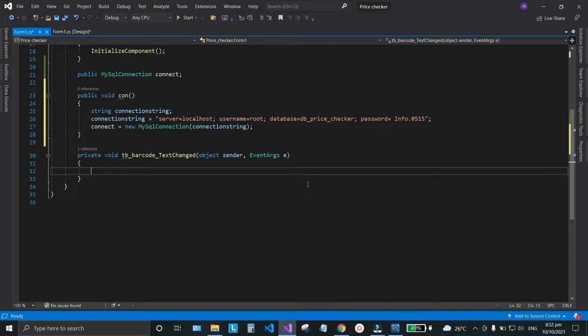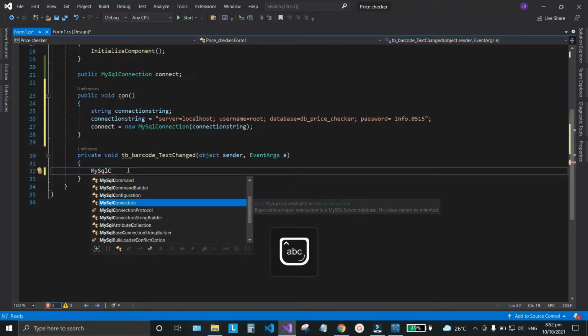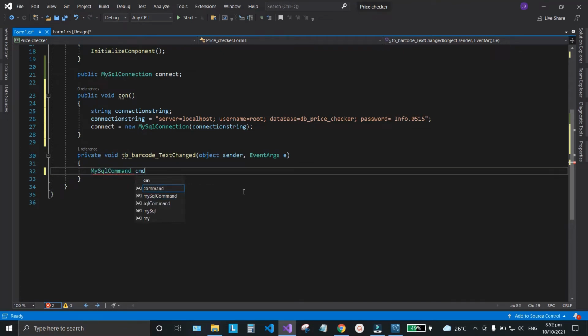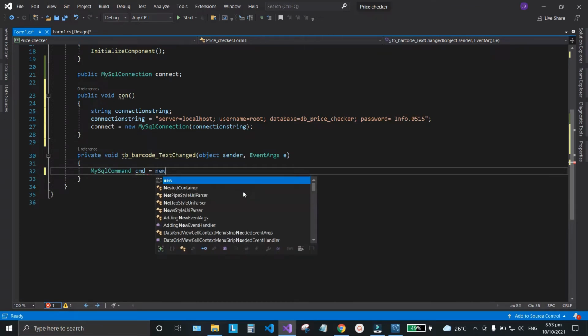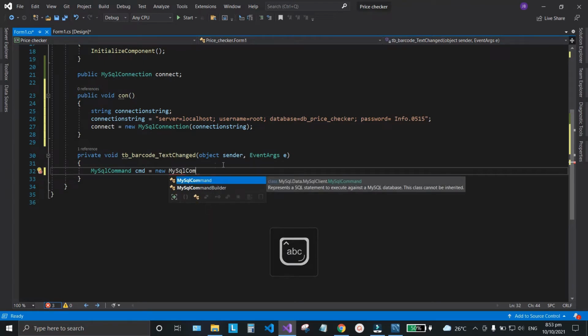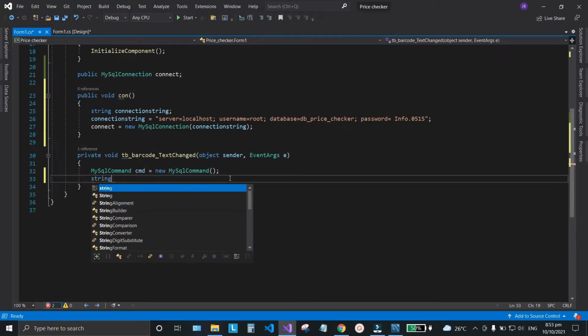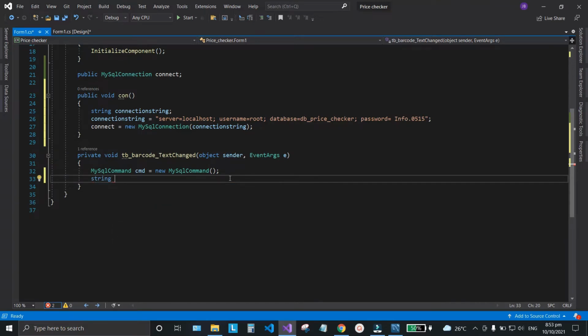We're going to write here first MySQL command, double click this one, and then cmd is equals to new MySQL command, close and open, close, and then string SQL, and then equals to